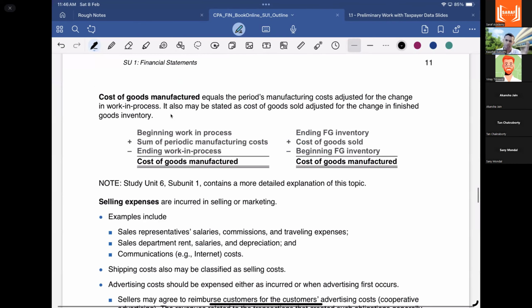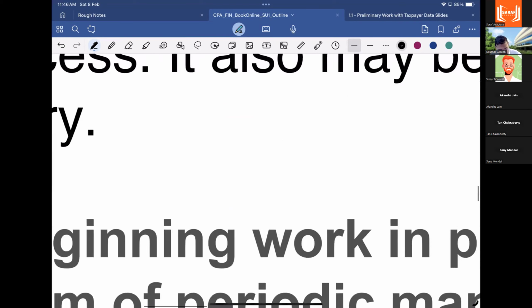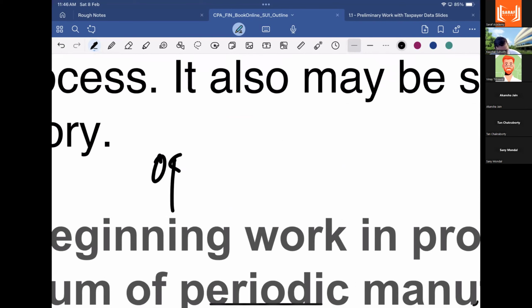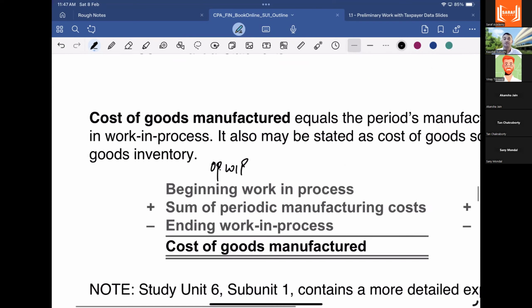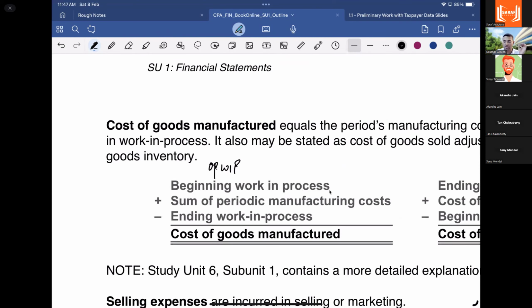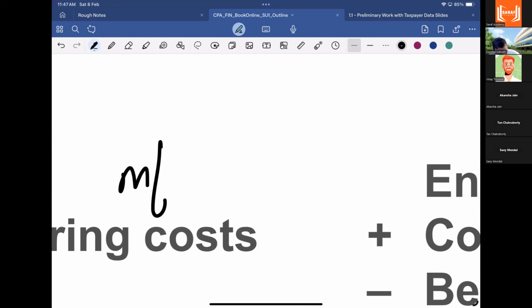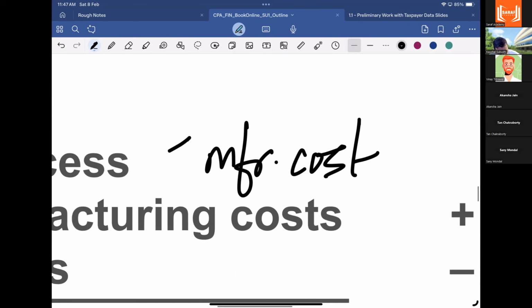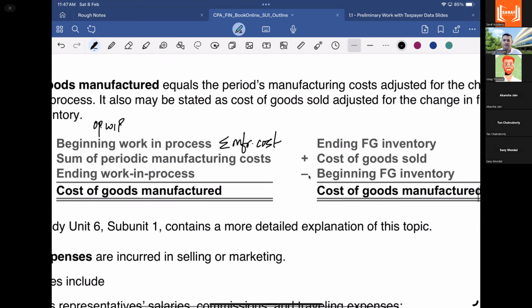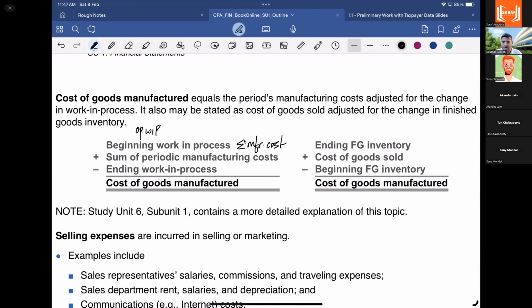सो कॉस्ट ऑफ गुड्स मैन्युफैक्चर में भी वही चीज है, कुछ अलग नहीं है, हम सिर्फ नाम बदलेंगे। हम लिखेंगे कि ओपनिंग वर्क इन प्रोग्रेस प्लस सम ऑफ पीरियोडिक मैन्युफैक्चरिंग कॉस्ट, जो कि हमारे लिए एक किस्म का परचेजेस हो गया। ठीक है, ये हम लिखेंगे मैन्युफैक्चरिंग MFR कॉस्ट। दिस इज अ समेशन ऑफ मैन्युफैक्चरिंग कॉस्ट।